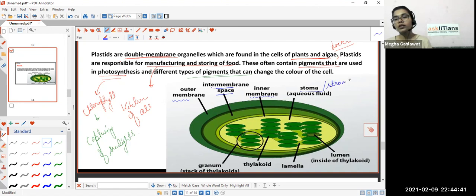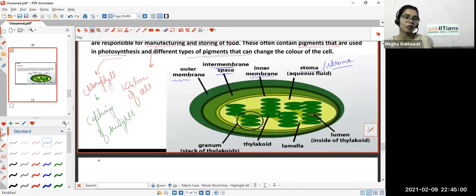Stroma or stoma, one and the same thing. This is also the aqueous fluid or the colloidal fluid, just like the matrix which was present in the mitochondria. If you're learning something, always try to learn things by comparing them with the other similar things which are present around you, okay? In that manner you'll be able to learn them quickly and retain them for a longer period of time. Now see, next thing that we have, the important things that you're seeing right here is the granum